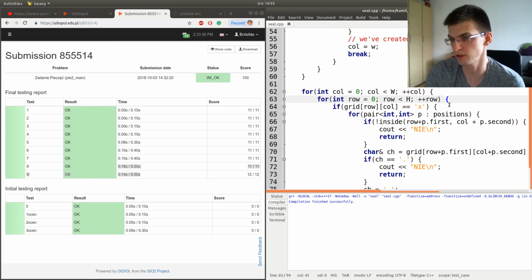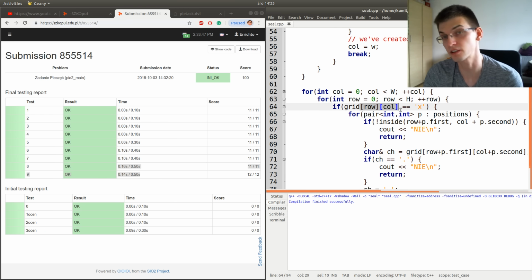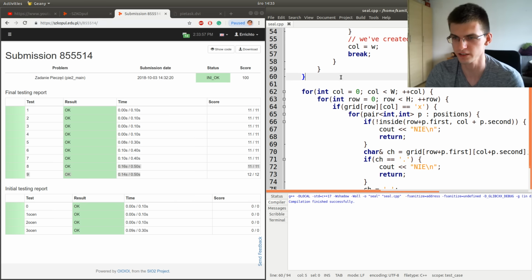But if possible, in your implementation, in your algorithm, you should use the same order of columns as dimensions of your array, to get effective and faster use of cache, I think it's called cache.